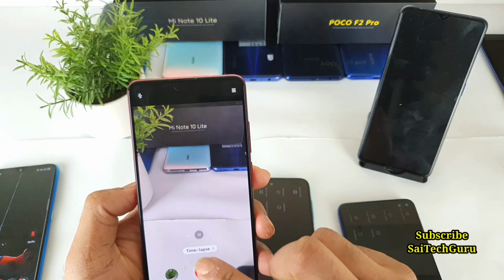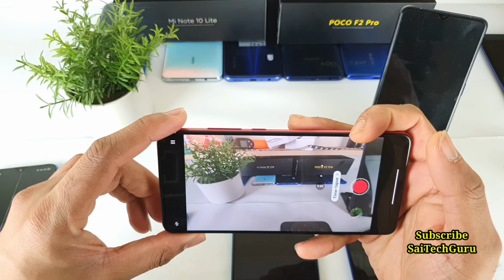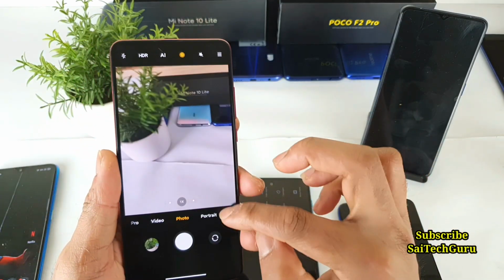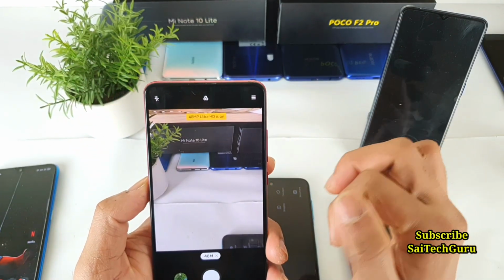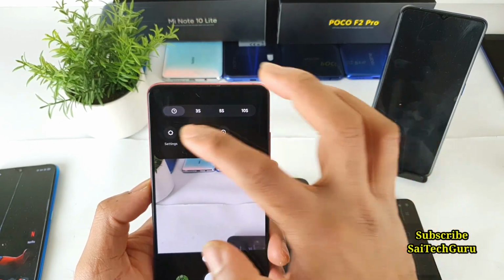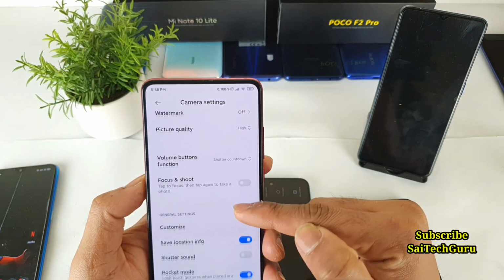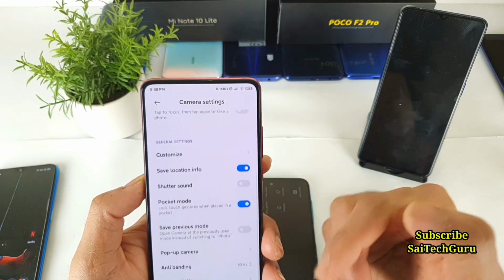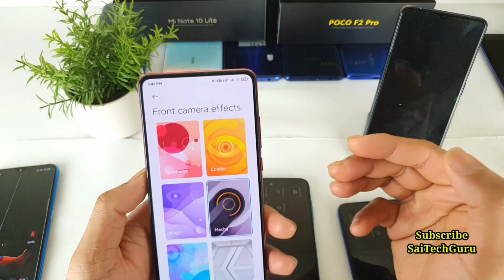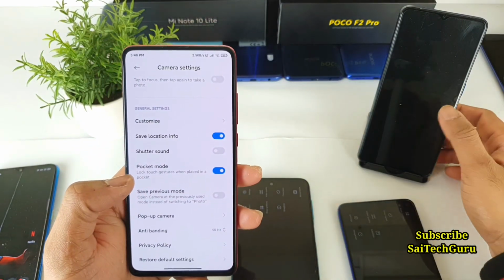So as you can see, when the time lapse, you can record time lapse using the ultra wide as well, which is another good advantage with that. So 48 megapixel lens, you do get the time option. So let me go to the settings and show you what are the extra options you do get. So picture quality, there are not much options which I found here, same options which are there in the previous, but the interface looks good.